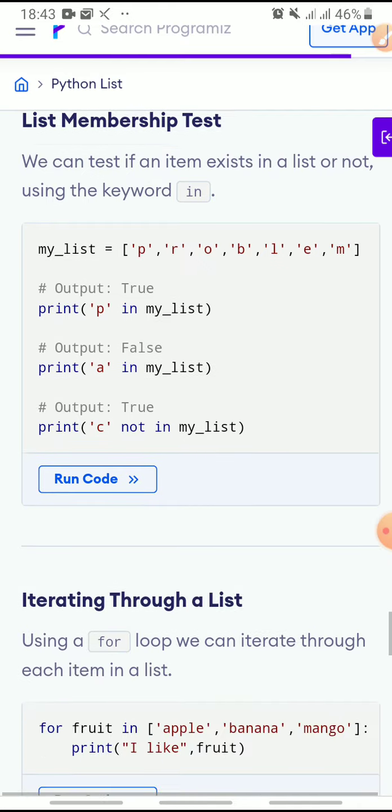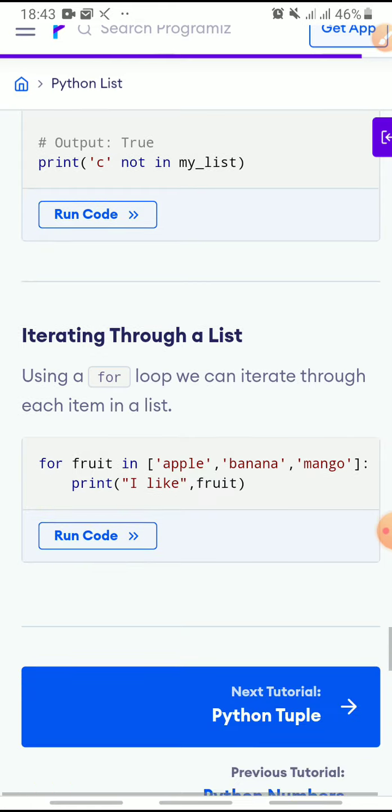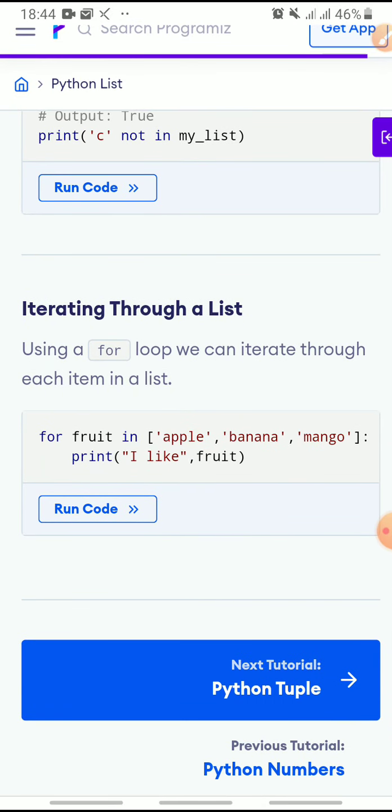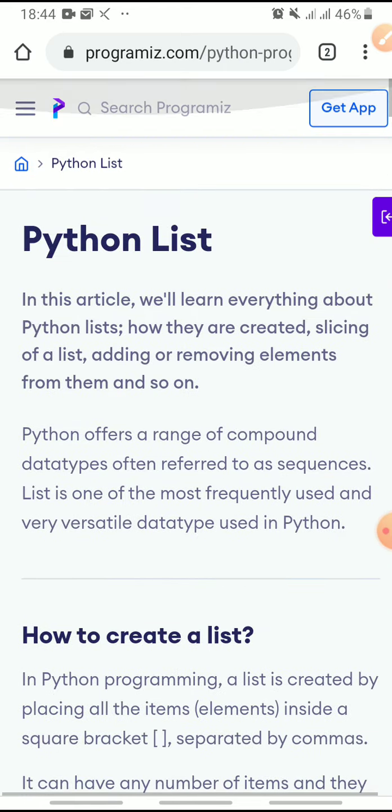That's iteration through elements. It is simply by using an individual element for each element. For example, for fruit in name of the list, this fruit will take the elements in the list one by one. These are from the list, so take care and note down these examples in your book and also execute these simple programs. Thank you.